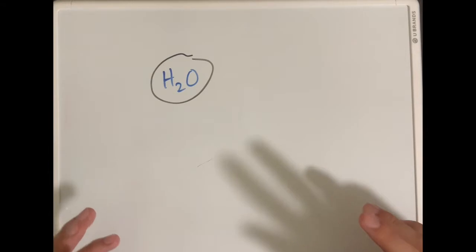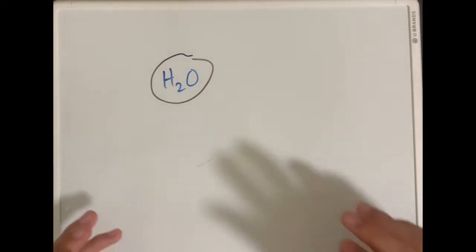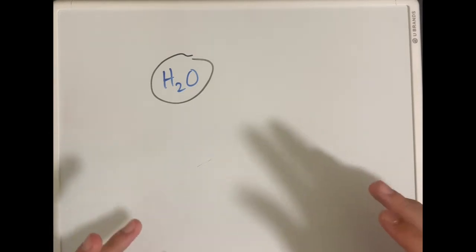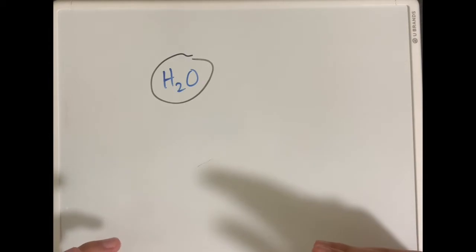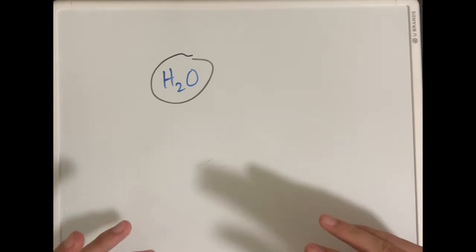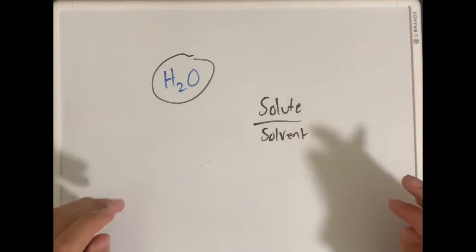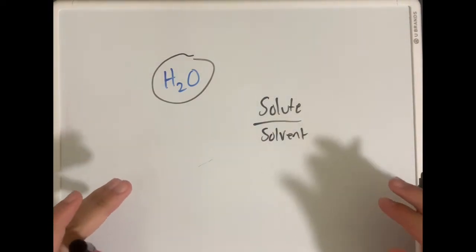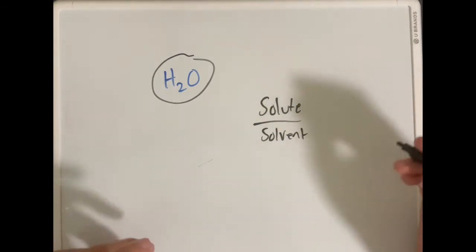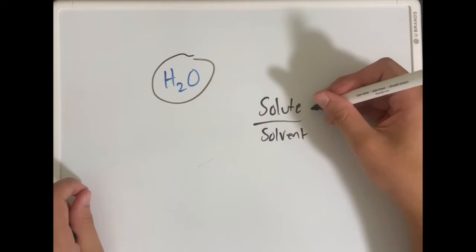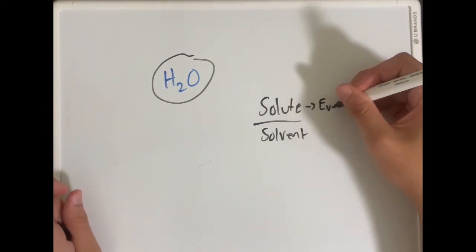So one of the most important things to blood is H2O, or water. And this is because it makes up 92% of blood plasma, so it's the bulk of what our blood is. And it's important for regulating concentration of our blood. So a big topic in biological physiology is solute over solvent. It's concentrations. And if we think about our blood as a concentration, where this is pretty much everything in our blood,